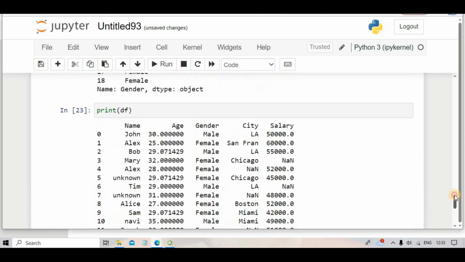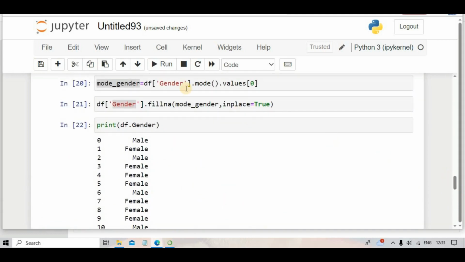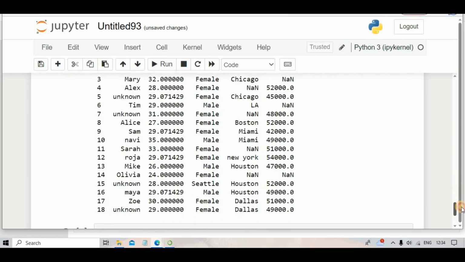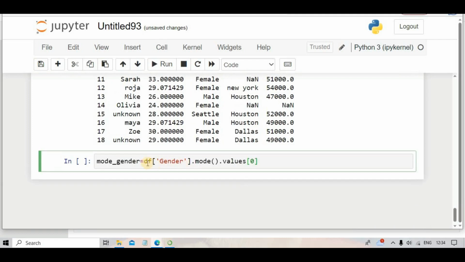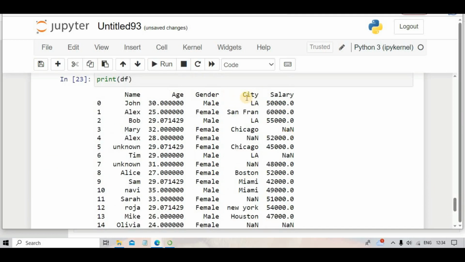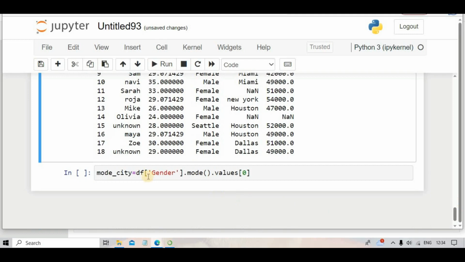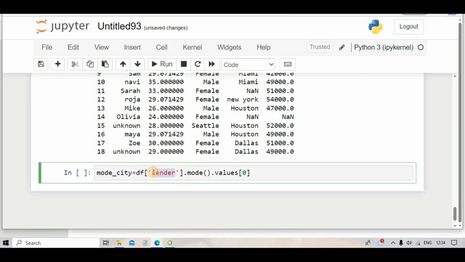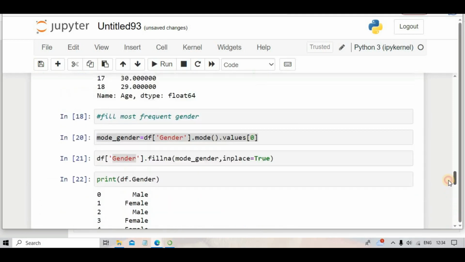So now if you want to do the same with the cities, I will do the same with the cities also. I will copy this command and put it down. So I will put the most frequent there also and change its name to mode city. And here also I will take city. So we want to change the value, so I will copy this name from here, take it down, and here I will put city, and similarly I will copy the next also,